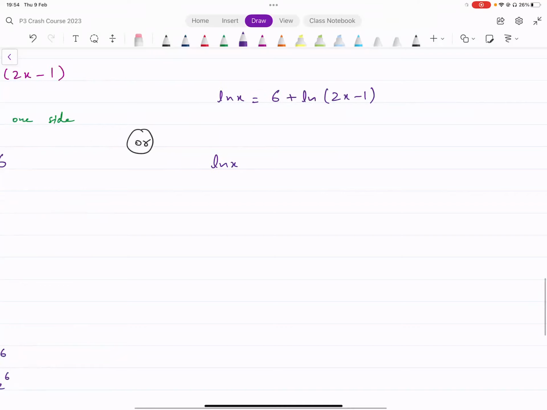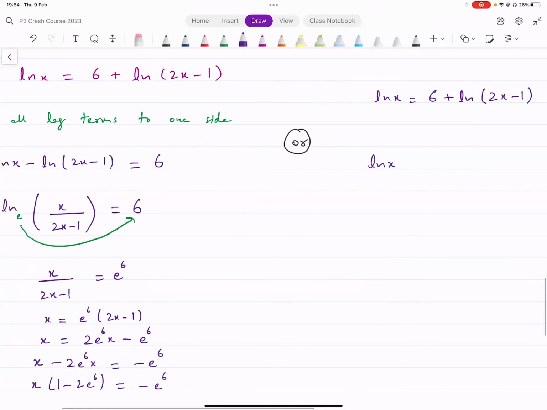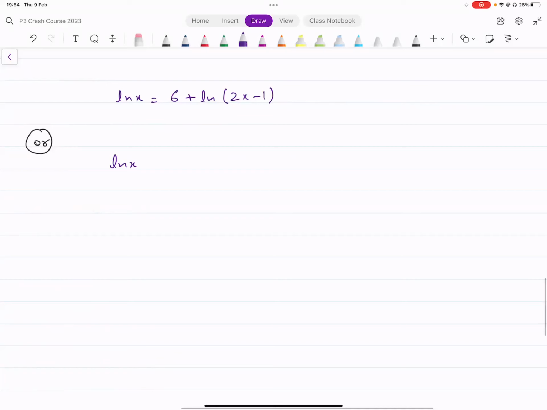This is what your equation is. So one way was to take all the log terms to one side and then make it a single log, and then use that conversion from log form to the index form, and you get the result from that. Another idea is